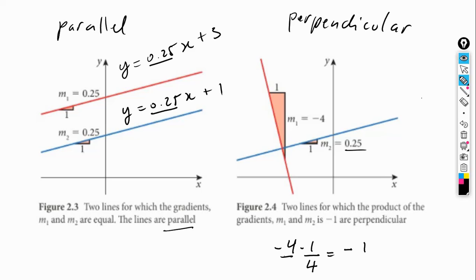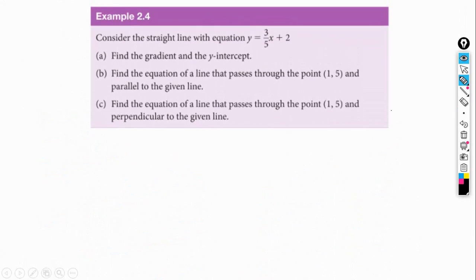So notice that we could have a line, for instance, such as y is equal to -4x minus 17, and then another line which could be y is equal to 0.25 or 1/4 x plus 1. So these two lines would be perpendicular because, again, if you multiply their slopes or their gradients, you will get -1. So next we're going to do example 2.4, and it says consider the straight line with equation y equals